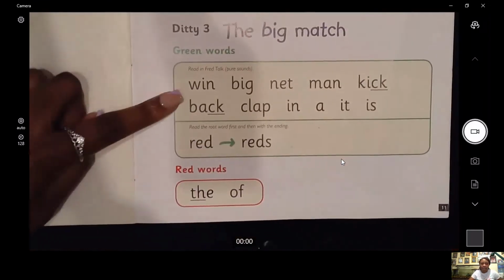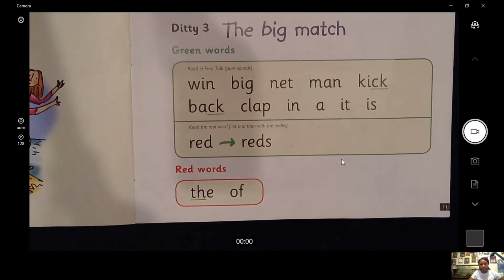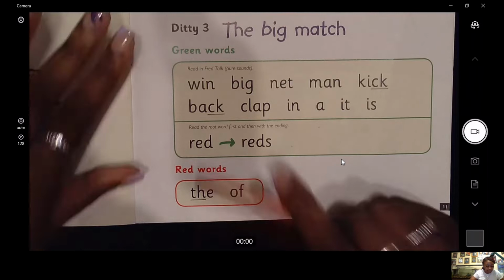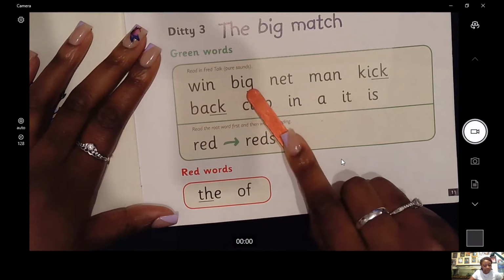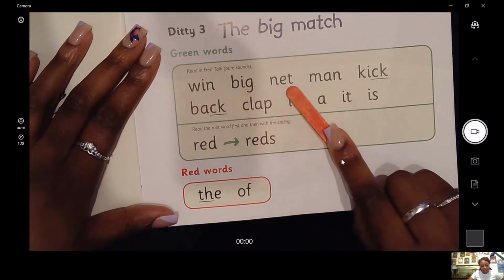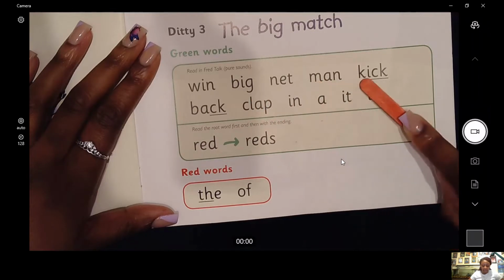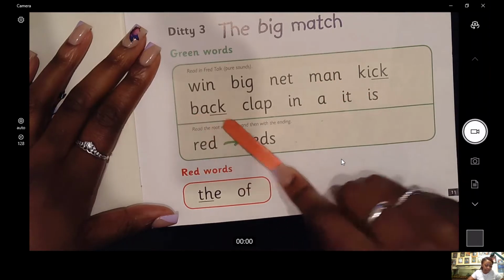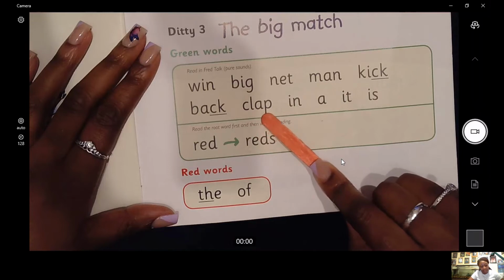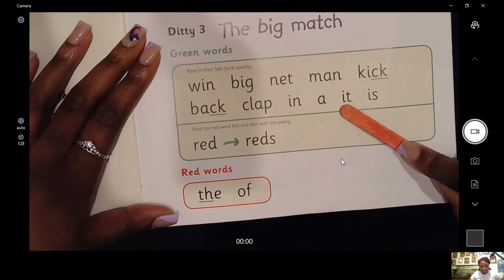So pause the video now and have a go at reading our green words and then also the red words as well. Okay, let's try and read them together. Win, big, net, man, kick, back, clap, in, a, it